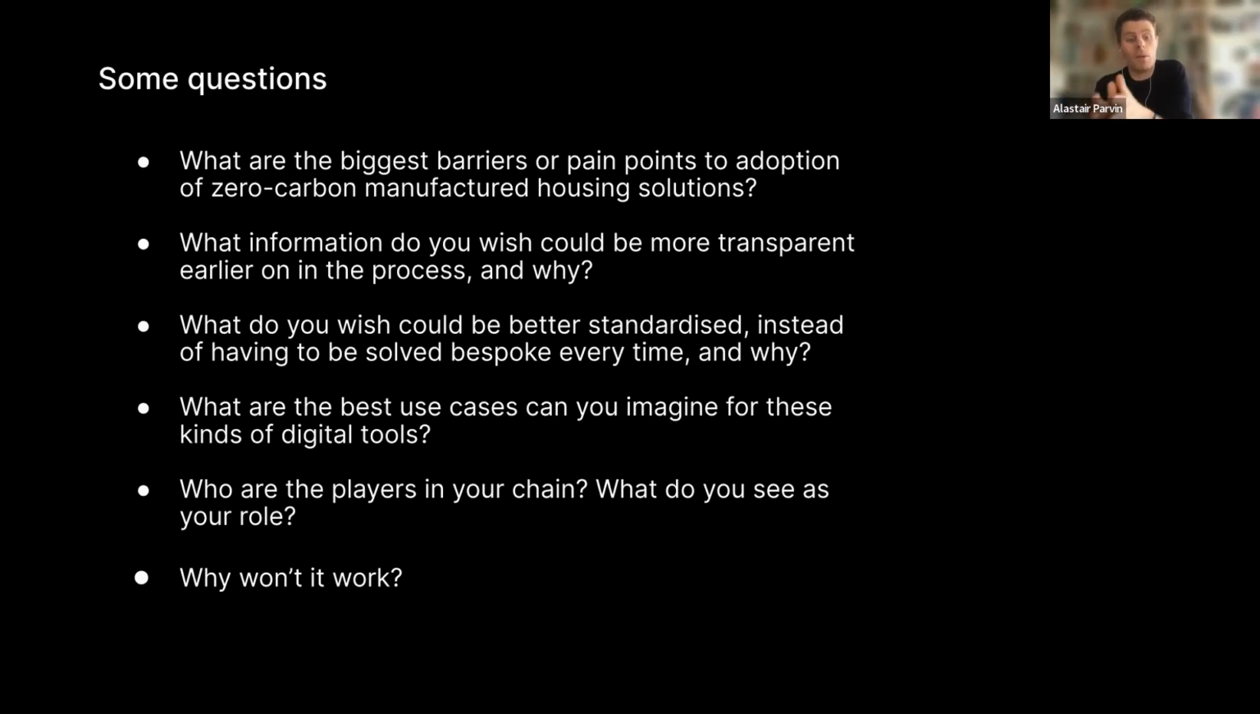What are those emerging roles? And then also, of course, what won't work? In which areas are we being hopelessly naive, and actually this technology will be completely useless? I'd always be interested to hear